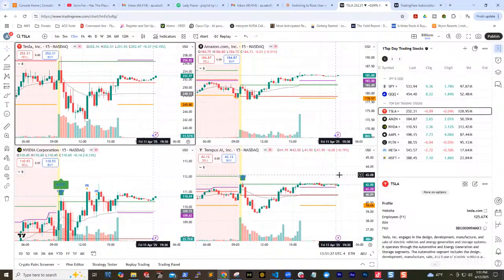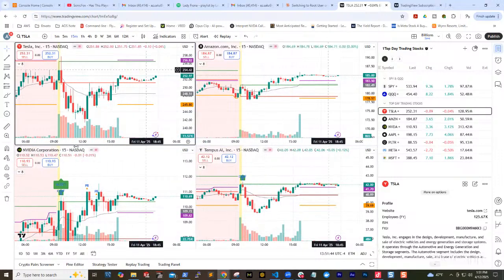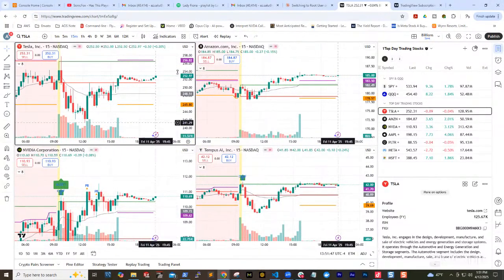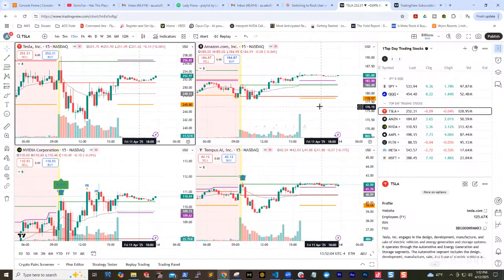Yeah, it's based on the overall market sentiment. And you know how I look at the overall market sentiment? I look at the S&P 500 and the NASDAQ. Typically the rule is if this is green, then the majority of stocks here will be green, and if this is red, then there will be red here. But yesterday this was red throughout the day. It just turned green right when the market was about to close. So these are just trading based on market sentiment. That's why it's really not a good way to day trade, honestly.